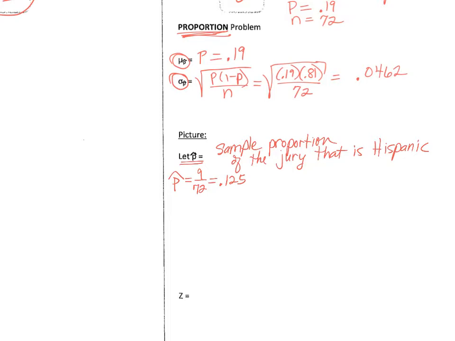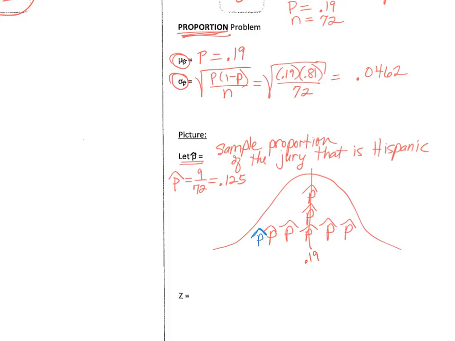That is all facts plus some formulas that we learned. All right, so this problem is basically saying this. A p-hat is a sample of 72 and the proportion that are Hispanic. So you could take lots of different samples, and these are different sample proportions. But most of the time, the proportion of the jury that is Hispanic should be how much? 0.19. But guess what? We got a p-hat right here at